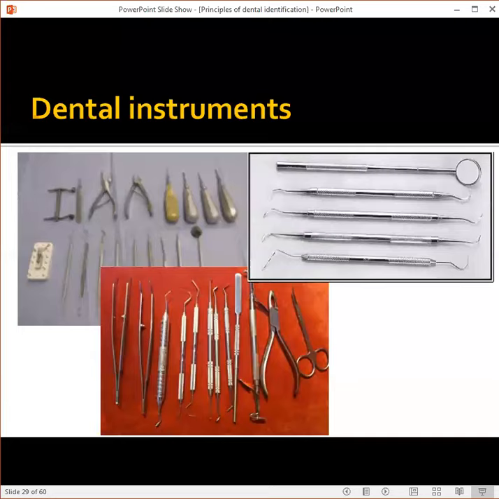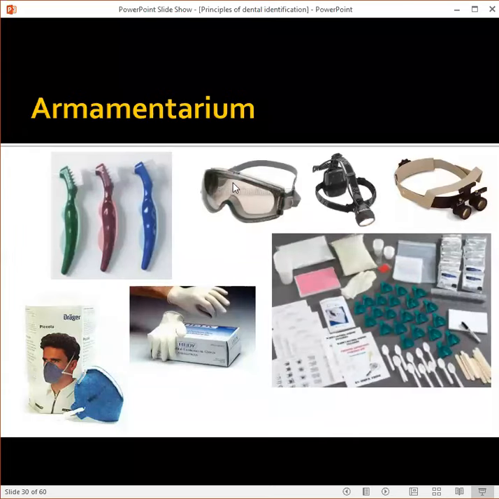Okay, so these are a few basic instruments which you may need as a part of a forensic odontology kit. Starting from your mirrors, your elevators, you have the curettes. You also have eye protection, you have headlights, you have magnification loupes, you have the charts, gloves, mask, impression trays. You have the wooden scalpels, you have the plastic spoons to take the DNA samples, you have label pouches to document your evidence.